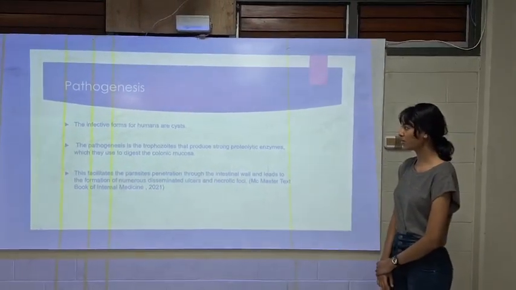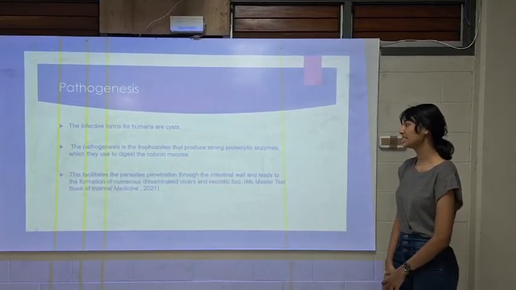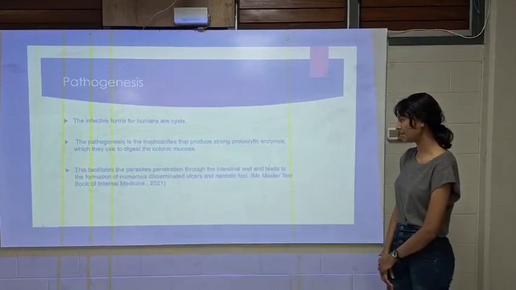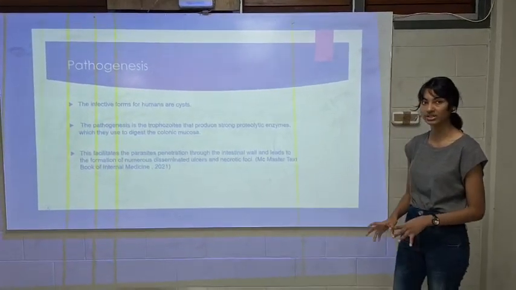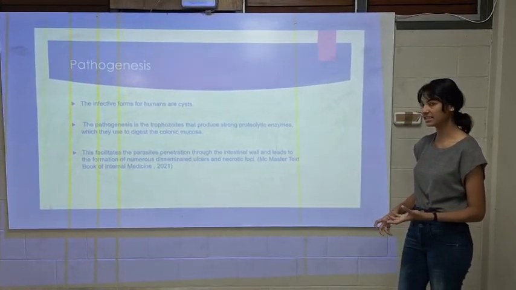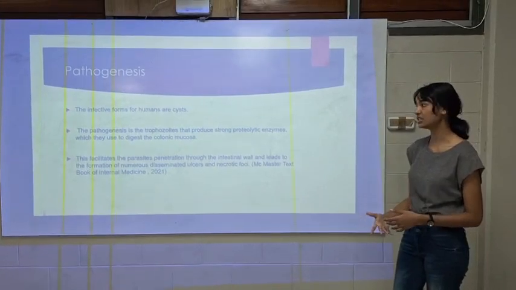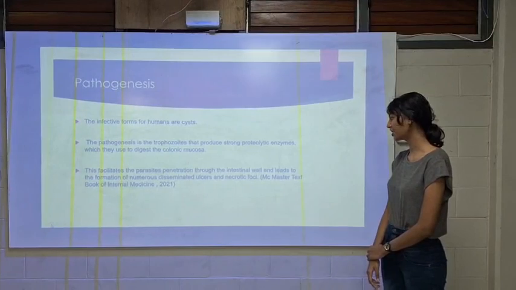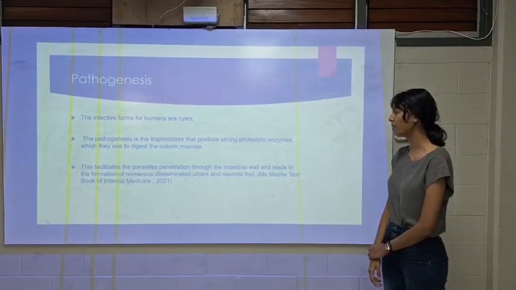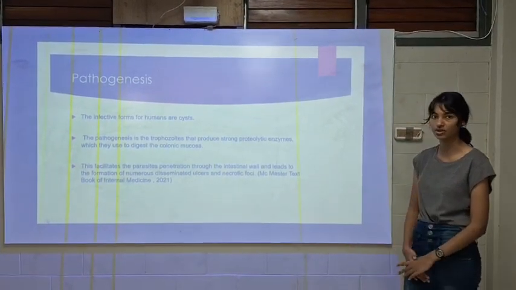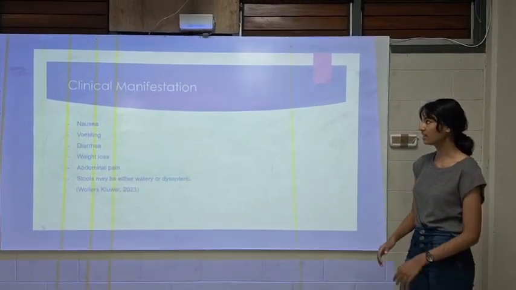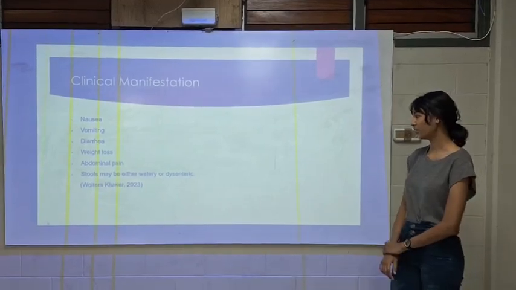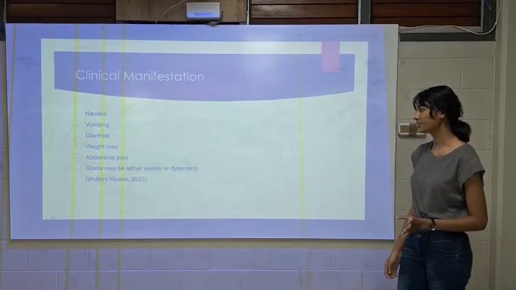The infective form for humans is the cyst. The pathogenesis: the trophozoites produce strong proteolytic enzymes which they use to digest the colonic mucosa of the large intestine, causing disease or infection. This facilitates the parasite's penetration through the intestinal wall and leads to the formation of numerous disseminated ulcers and necrotic foci. The clinical manifestations are nausea, vomiting, weight loss and abdominal pain, and the stools may be either watery